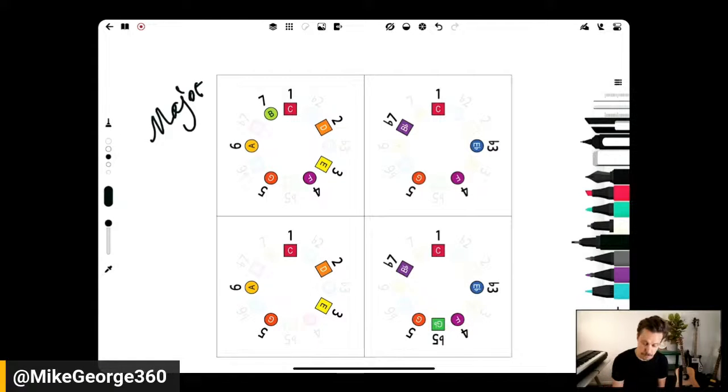So we have just the major scale. It's a heptatonic scale because it has 7 notes. So it's 1, 2, 3, 4, 5, 6, 7. If we take a subset of that, if we take out the 4 and the 5, we have 1, 2, 3, 5, and 6. And if we start the pattern on the 6,